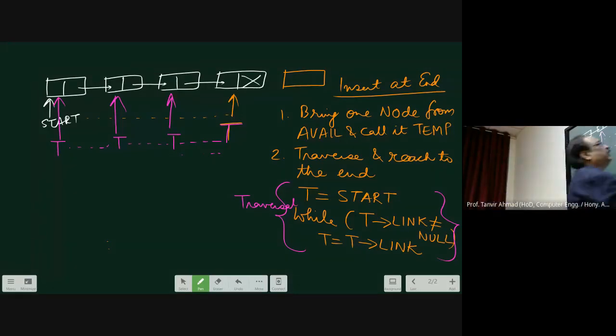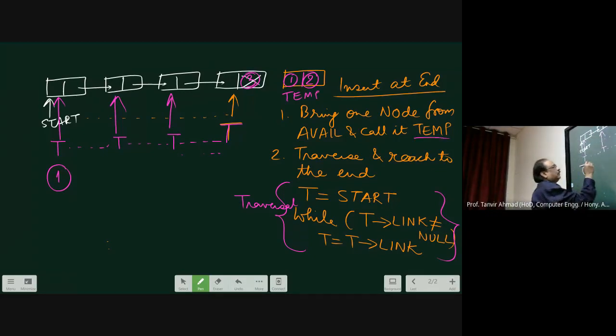Now you have to do the same thing. You will write 1 over here, 2 over here, and you modify this. That means now let me write 1. This node is called temp.